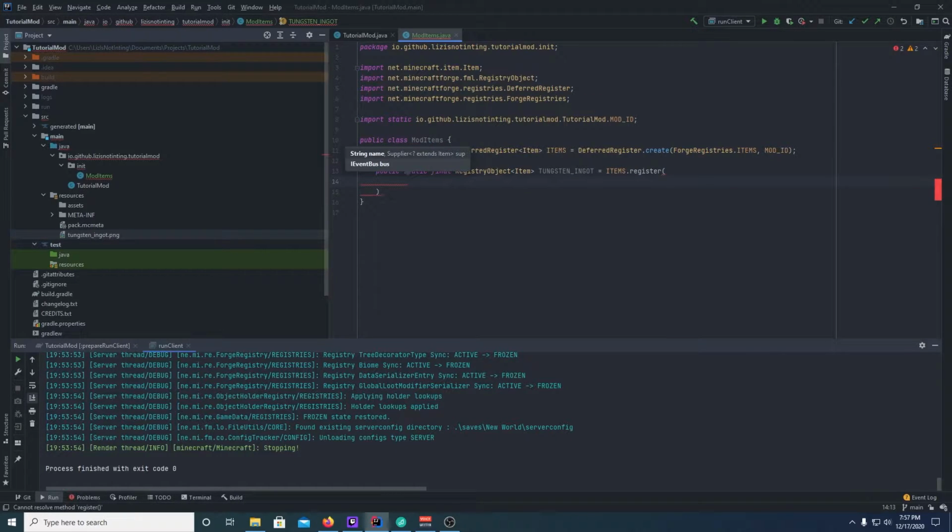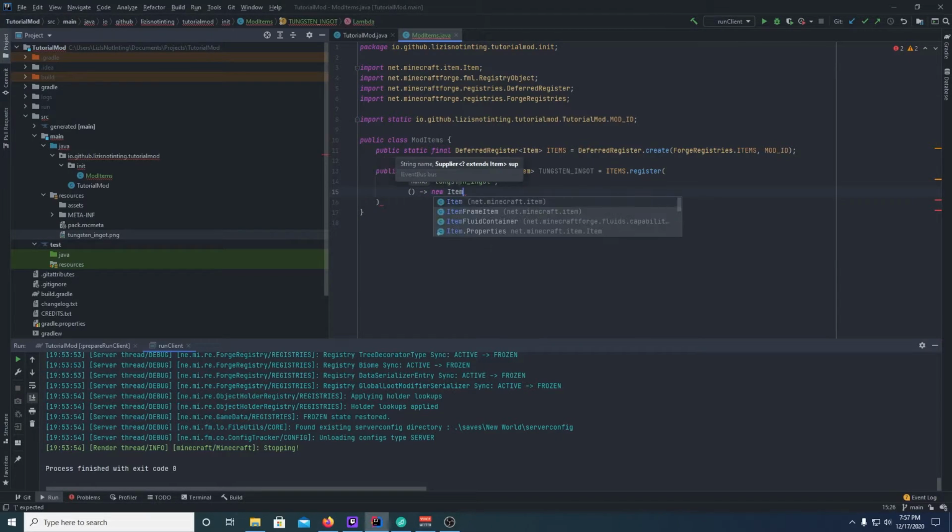ITEMS.register. Takes the name of the item. So for this, we're going to call it tungsten_ingot, and then the actual item to register. Notice that this is a supplier and not an actual item. That's because it doesn't create the item until the registry event. And then we're just going to create a basic item, so that's why we just use new Item,